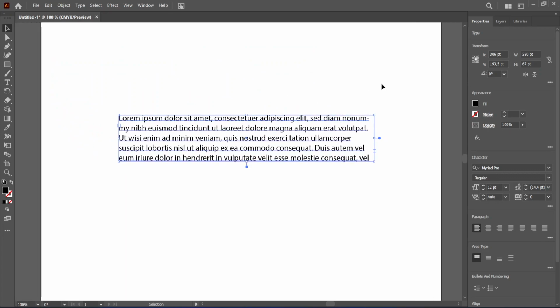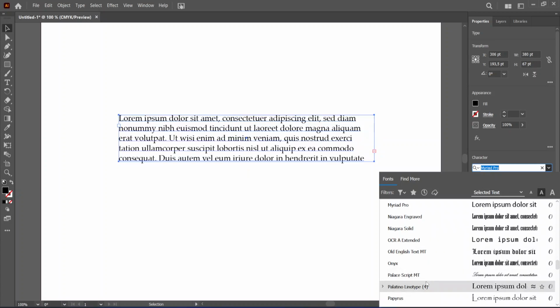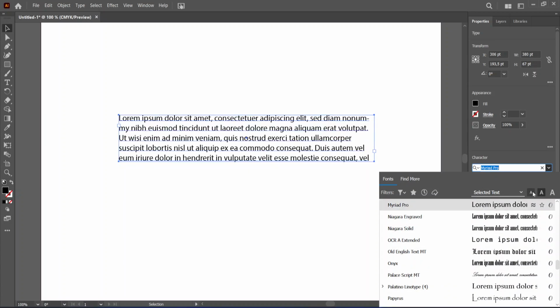Now you can change your overall font by going to the right hand side here where it says character. You just click on this little drop down menu here, and here you can choose all your different fonts. You can also sort them by size like this, and if you click on find more, you can add more